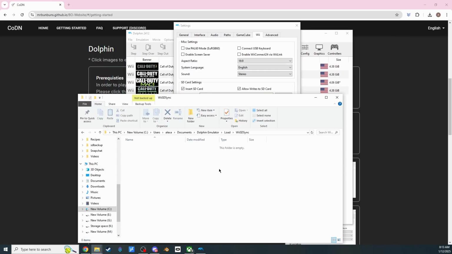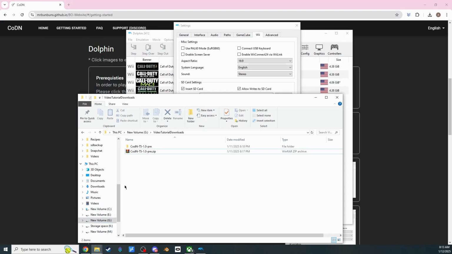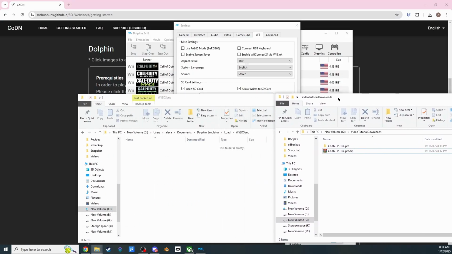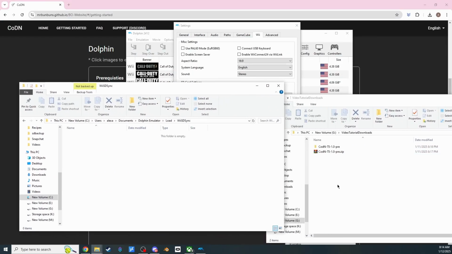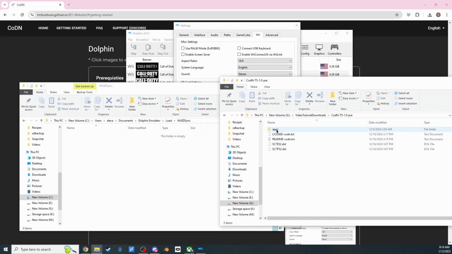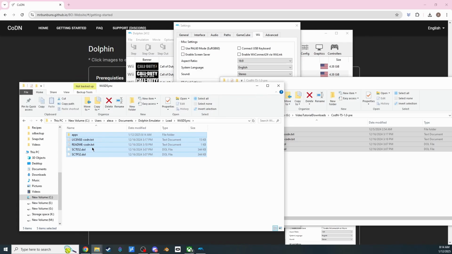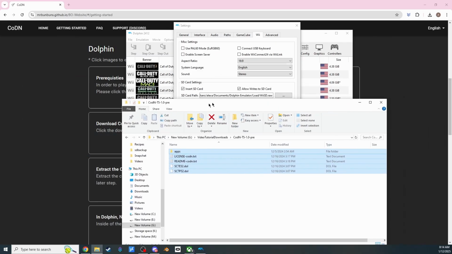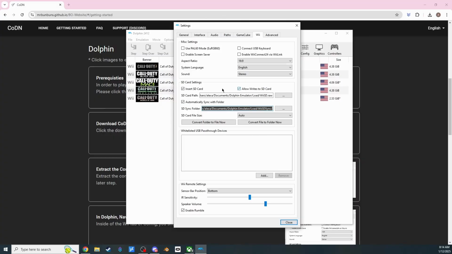We will go ahead with this file directory open, open another file explorer, and go to the CoDN files that we extracted earlier. We will then just simply copy all the files in this directory and move them over to the Wii SD Sync folder. Once that is done, you can go ahead and close the file explorers and return back to the